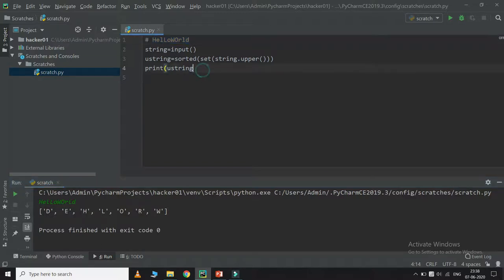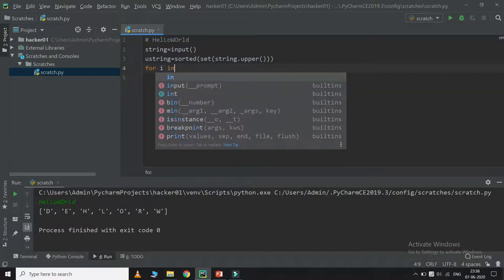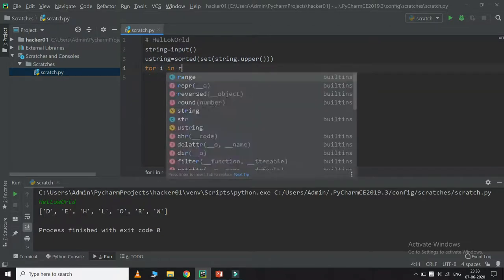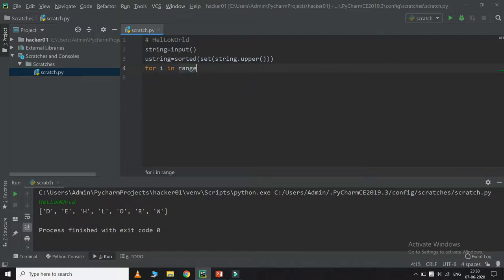So I'm just now going to run a loop for i in range. We are going to consider the length of this use string in here.